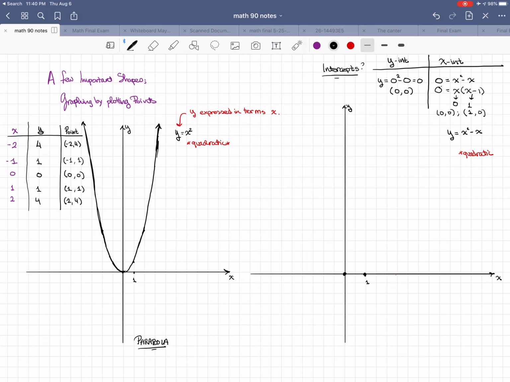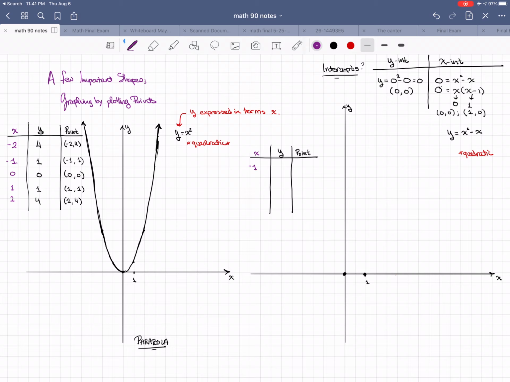You could have just as easily made 1 square be 1 unit, but I want to give you that notion. Okay, so we've got our intercepts plotted. Let's try a couple more points. I'm going to do the same thing. In fact, let me do the x values in a different color. So we'll pick a value for x, and then we'll plug in and solve for y. Now, I already have 0 and 1, so I'm going to do -1